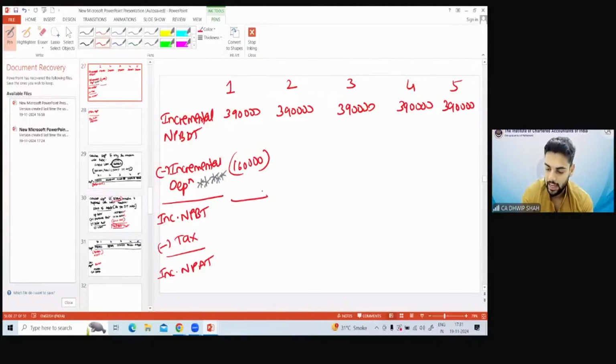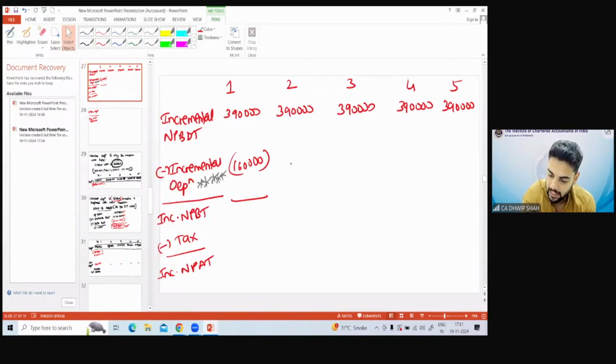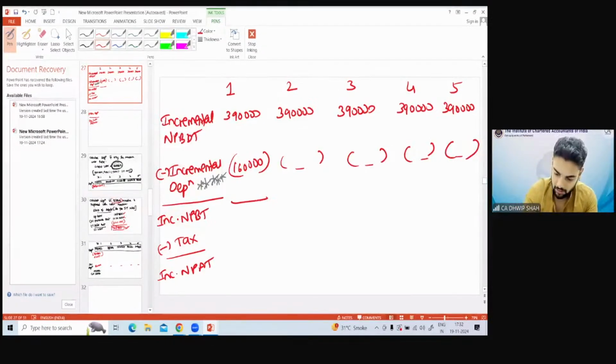Okay? So likewise, you will calculate incremental depreciation for year 2, year 3, year 4, year 5, and likewise you will subtract that amount from incremental NPBDT of the respective years. Are you getting this? Is everyone understanding? So my incremental NPBT for year 1 is 390 minus 160, which comes to